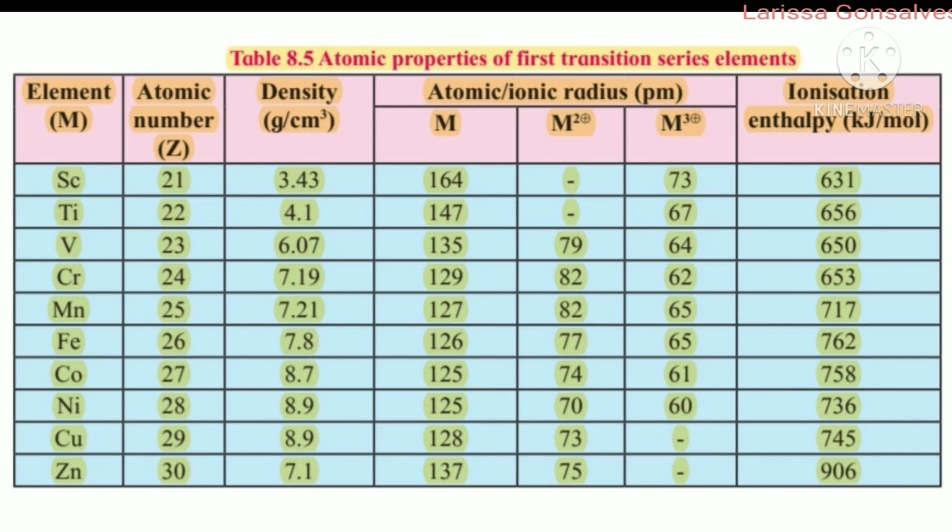Now let us consider the second case, that is various oxidation states of the same element. There are some elements which show variable oxidation states like 2+, 3+, 4+, 5+, 6+, etc. So when you have a higher oxidation state, the effective nuclear charge increases, because higher oxidation state means more number of electrons are removed and the ionic radius is going to become smaller in size.